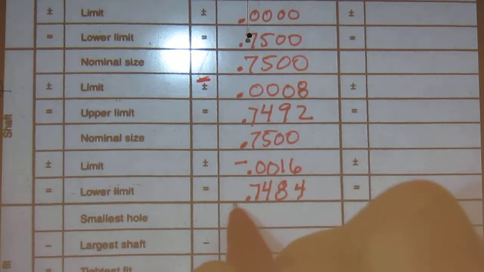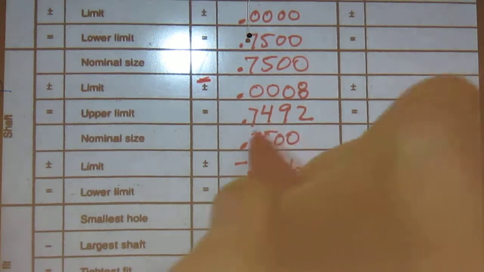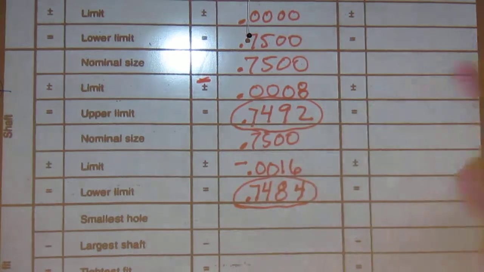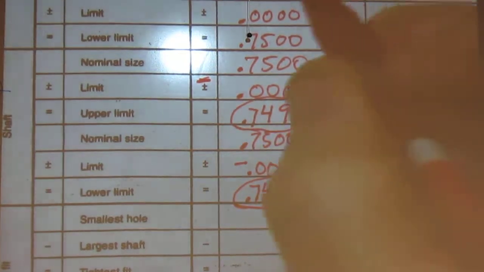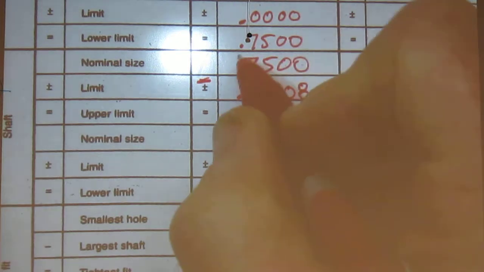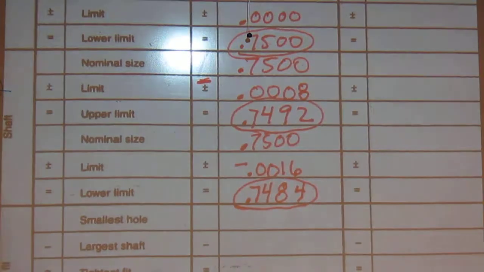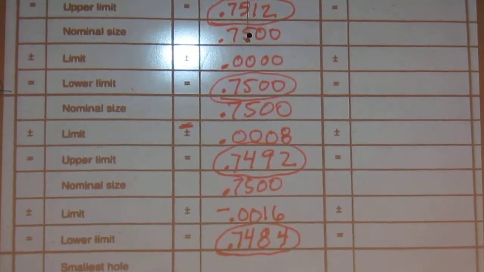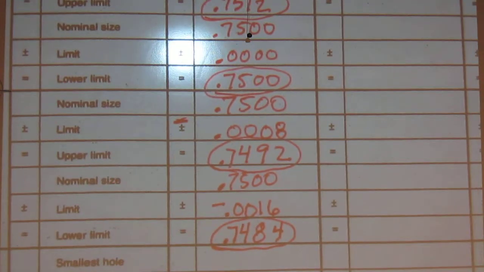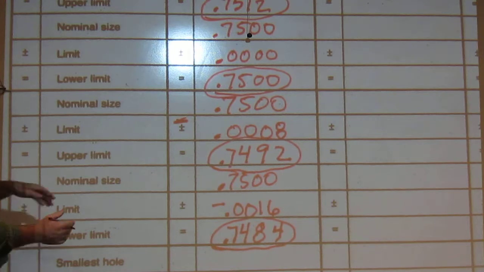All right, so now we've got everything. There's my shaft limits right there. Here is my hole limits, and I just kind of circled them. So now I can see how the things operate. Remember, this is a running clearance fit. Okay. So if you kind of look at it, the biggest